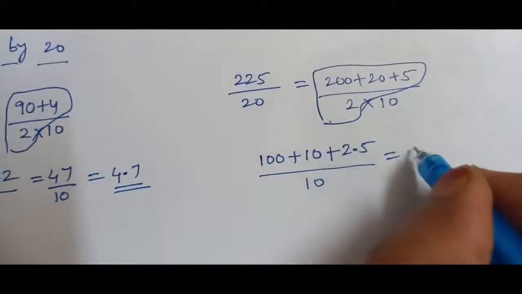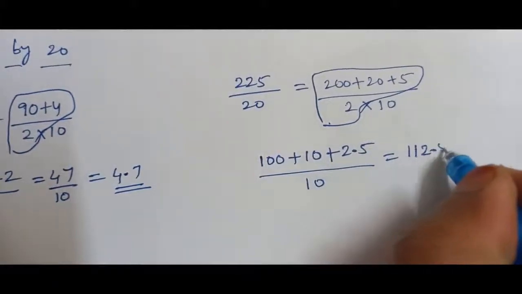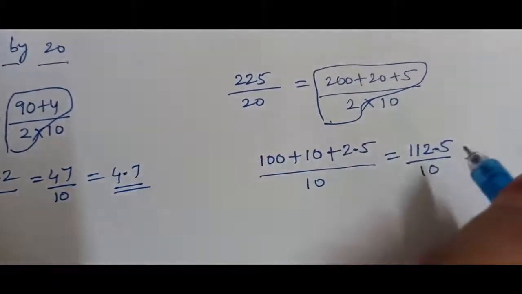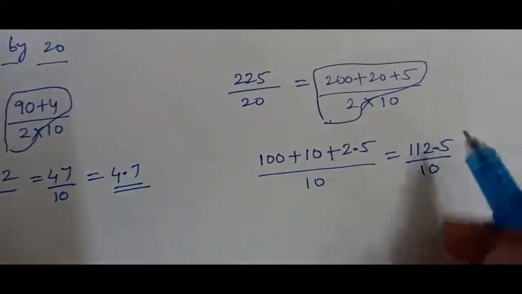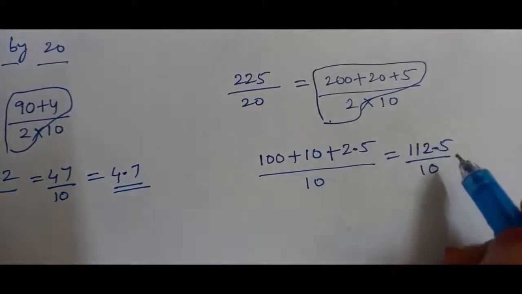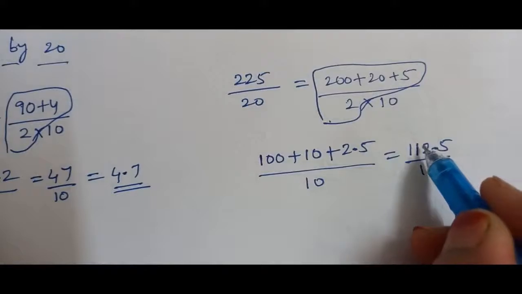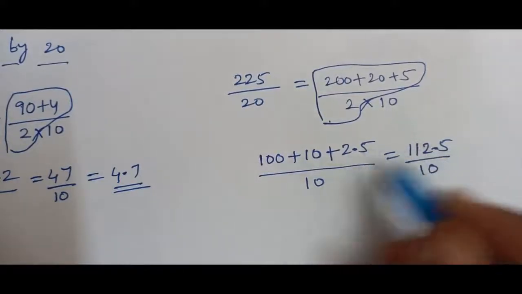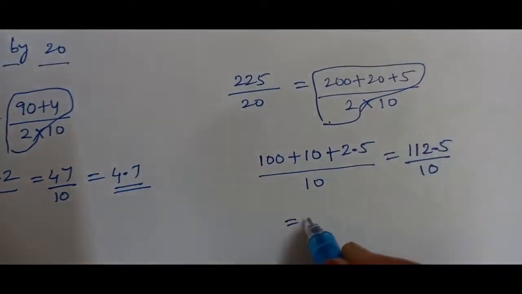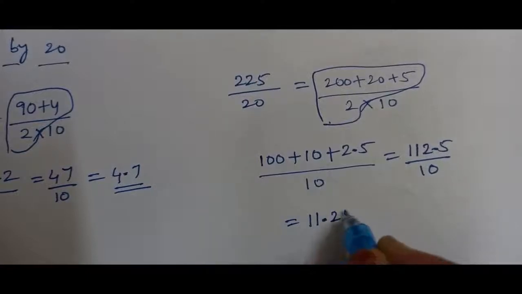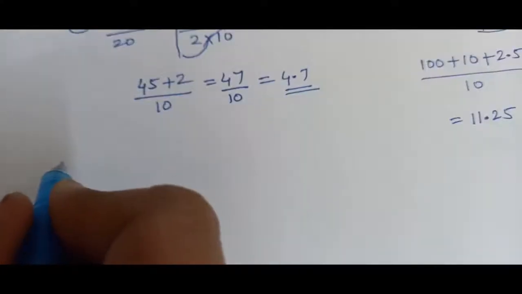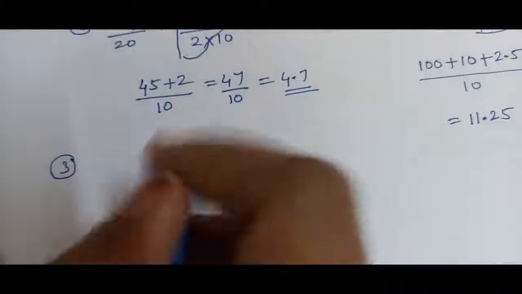So, add this one, you will get 112.5 by 10. When you divide a decimal number by 10, then this point moves one place towards the left side. That means the answer is 11.25. Let's take one more example. Take a bigger number,